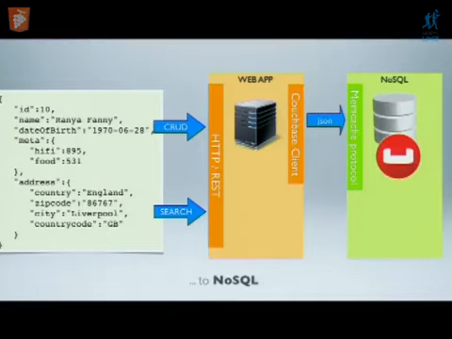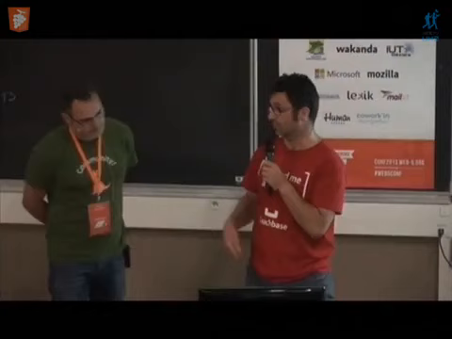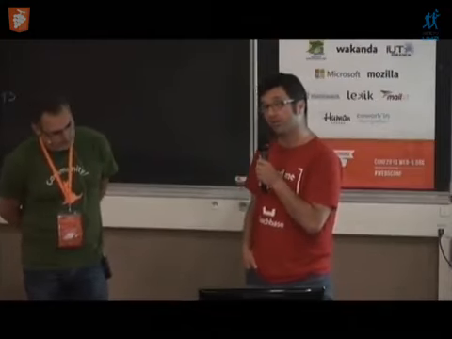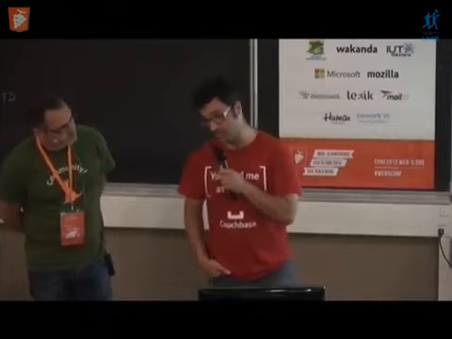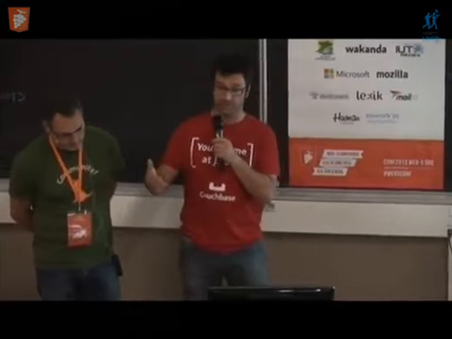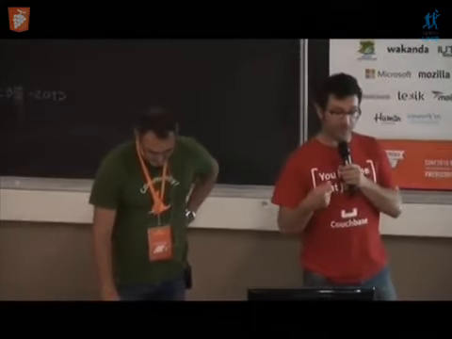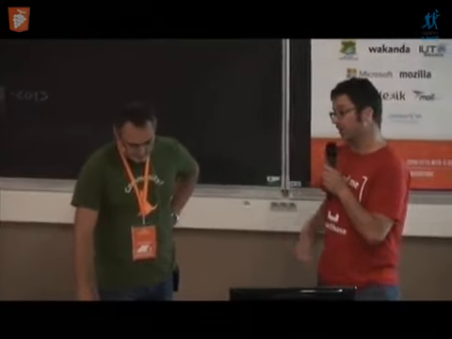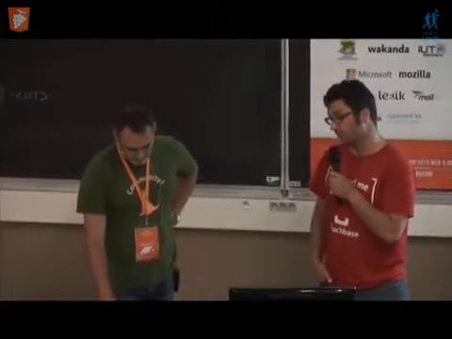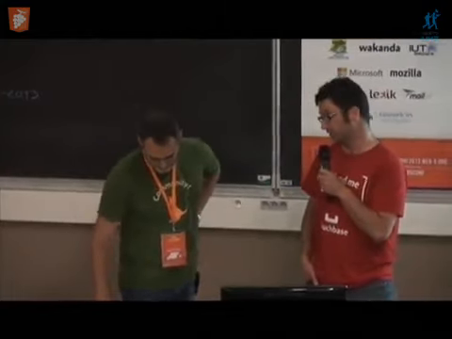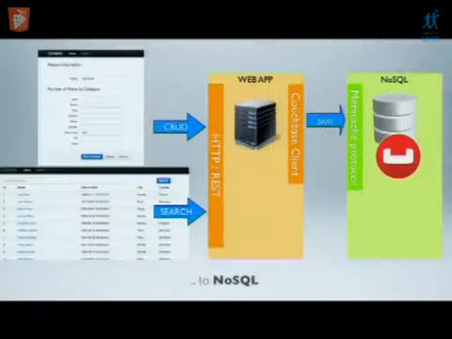Then we switch from the relational database to a document-oriented database. Couchbase will store the JSON document directly inside your database, with no need for object relational mapping anymore. Here we start to have flexibility in the way you manage your data, and scalability by adding new nodes to your cluster. But we still have a very simple query language, and the idea is, what can we do to have a more powerful query language on top of this database?